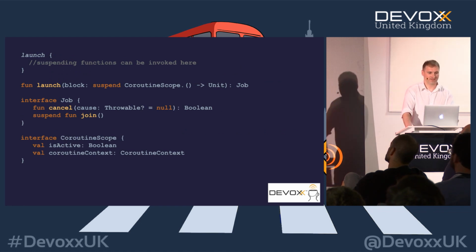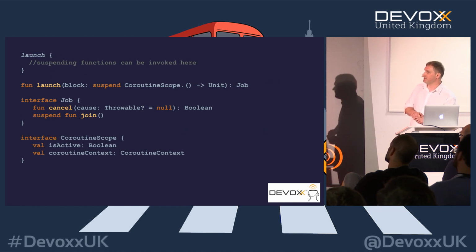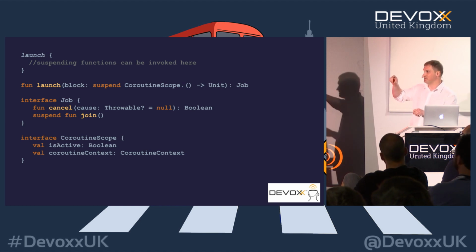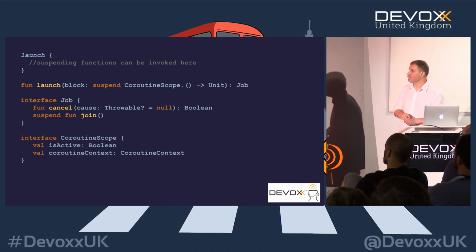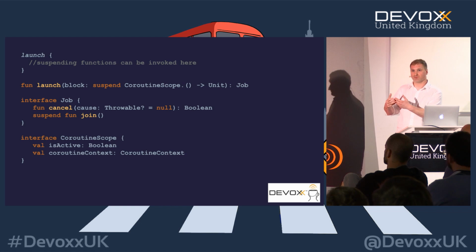launch. So launch takes as a parameter a suspending lambda. The suspend keyword in the parameter of launch means that launch takes a suspending lambda, which is like a block of code where you can use suspending functions. And launch itself is a regular function, so we can call it from main or some other function. And launch starts executing this code, this suspending lambda, which is passed as a parameter, in the background, in some background thread,